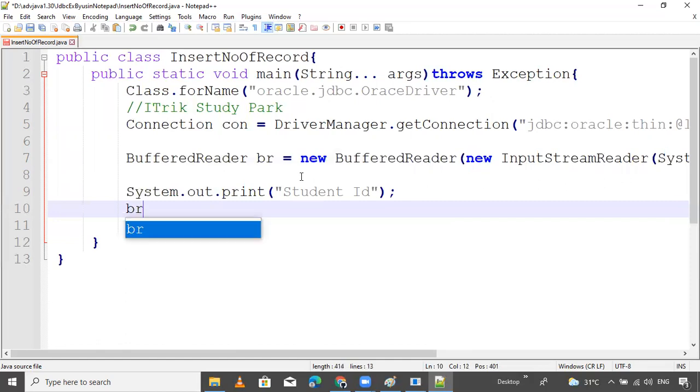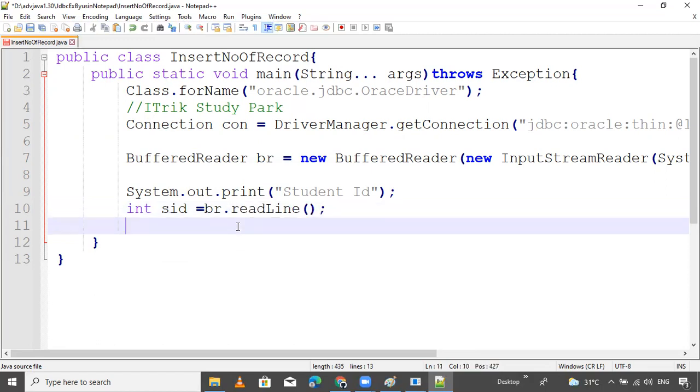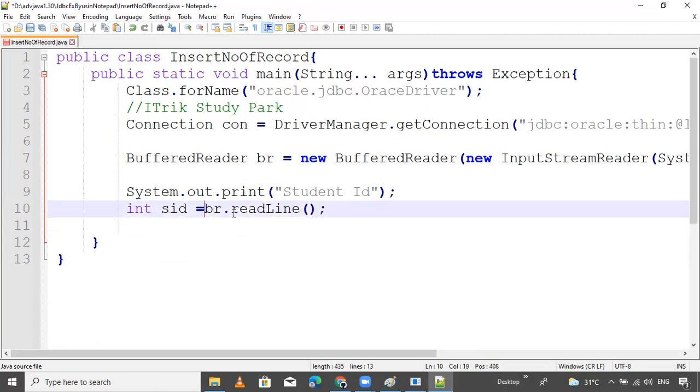I want to use the br.readLine method. What is that? The readLine method. Read line method is which type of ID? Like integer type, int like SID. Okay. So the BR readLine method is returning which type? String type. So I want to typecast this string to integer.